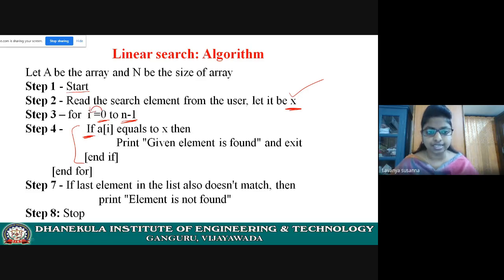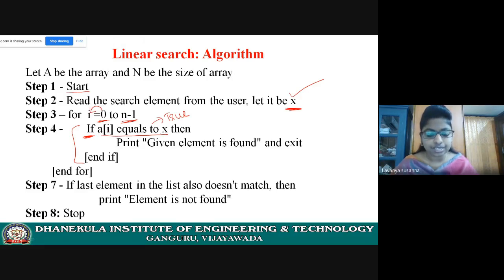If a of 0 equal to x, this is a condition. a of 0 means the 0th index element.